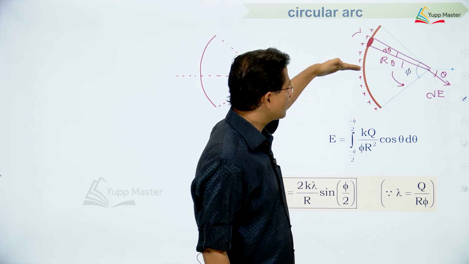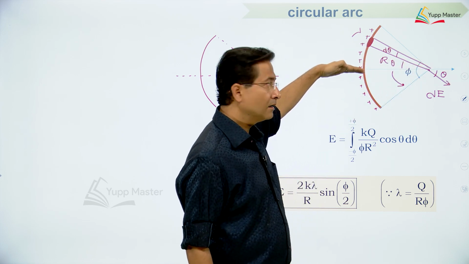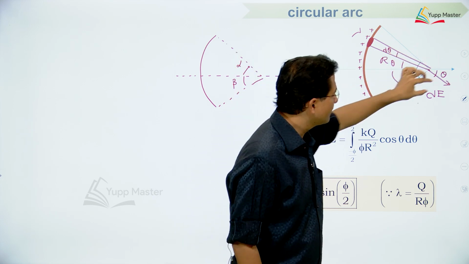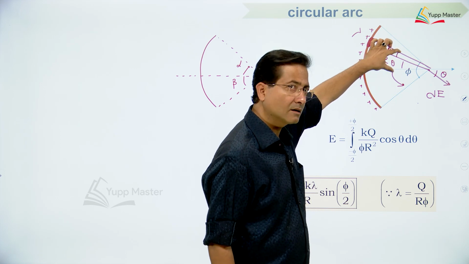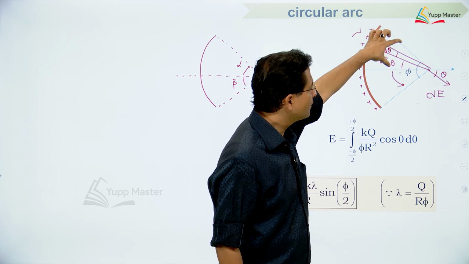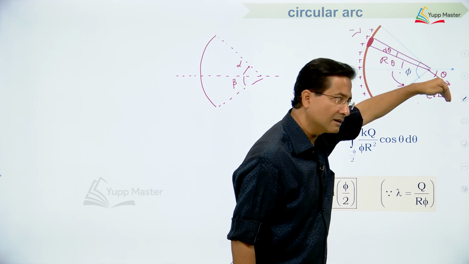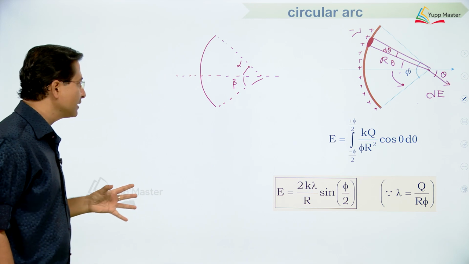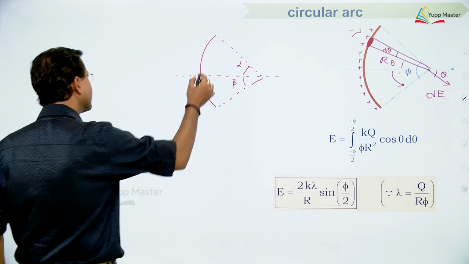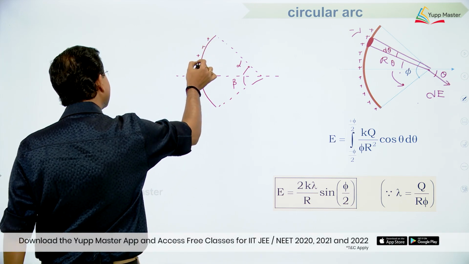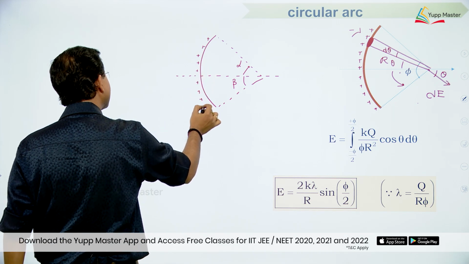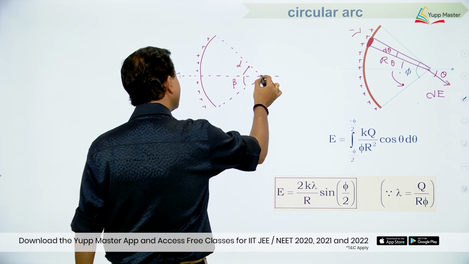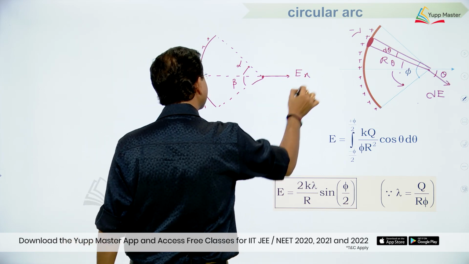In the previous case, as it was symmetric about this axis, we were not getting any y component, they were getting cancelled out, we were getting only the x component. But if this side part is larger as compared to this side part, obviously this side part will produce more field in this direction and it will have a y component also, right. So if both the angles are not the same, then obviously you are going to get both the components. So in this situation you will get one x and another y.